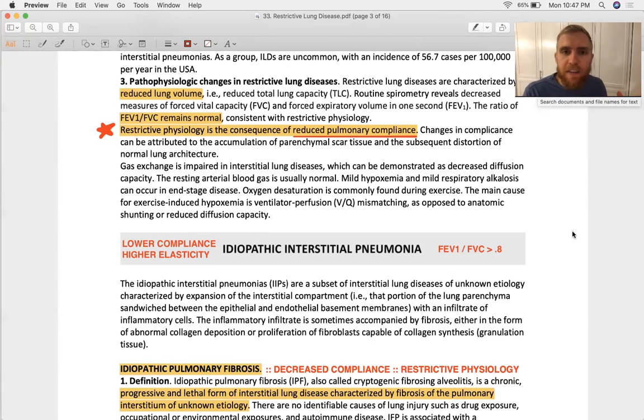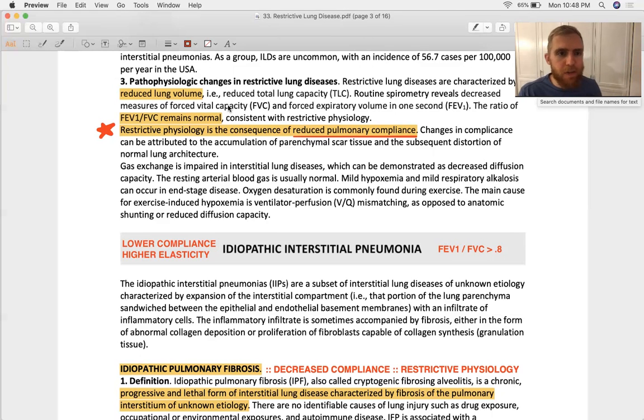Now let's contrast that to obstructive lung disease. In obstructive lung disease, you have a problem getting air out of your lungs. So you've got an increased total lung volume. So your forced vital capacity actually goes up because you can breathe out more total air. But because you have a difficulty initiating that process, your FEV1, the first second of breathing out, is going to go down, way down. And so the FEV1/FVC in an obstructive diseased patient looks like 0.6, looks like 0.5,